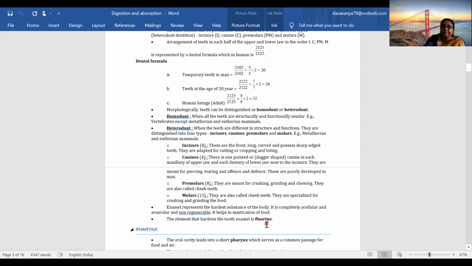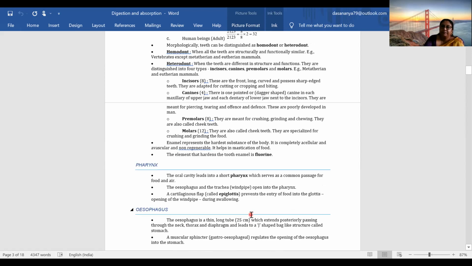It has fluorine, and when we eat food and are not brushing properly, that is harmful, because the acids present in the food particles are utilized by bacteria and other microbes, and they produce acid, which is very bad for the teeth material, which is made up of calcium carbonate and phosphate, as well as it is bad for the health of enamel.